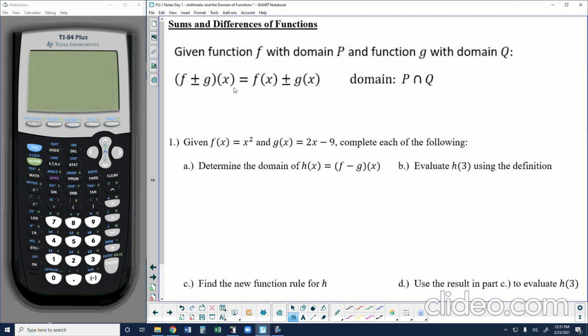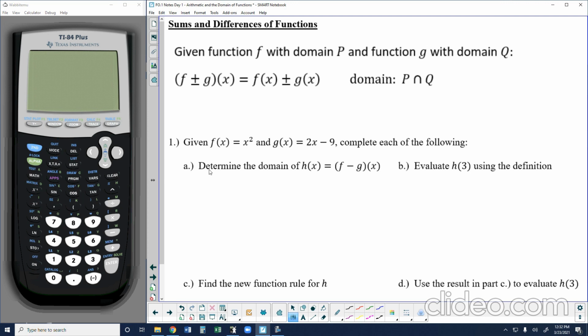We're going to see that in some example problems when we start working with real numbers. The big thing to notice here is that the domain is going to be the intersection of p and q, or the domain of f plus or minus g is going to be the intersection of the domain of f and g. So we know that notation here. And so if we take a look at problem number 1, before adding or subtracting these functions,